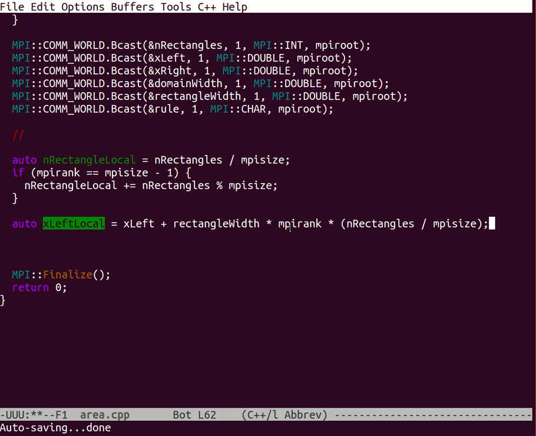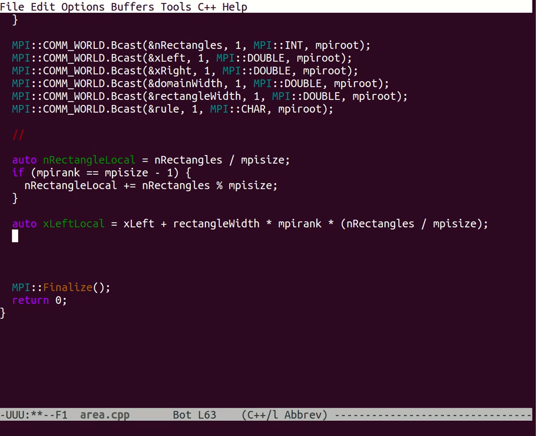How do we actually get that number? On each of rank 0 and rank 1, the number of rectangles is basically n rectangles divided by MPI size, right? And then we have 2 ranks already, so MPI rank equals 2. Then 2 multiply this many, because on each of rank 0 and rank 1 you have this many rectangles. Just multiply by 2, you get the total number of rectangles before rank 2, right? And then multiply the width again, and then add x left. So that's how I compute the left boundary on each of the ranks,